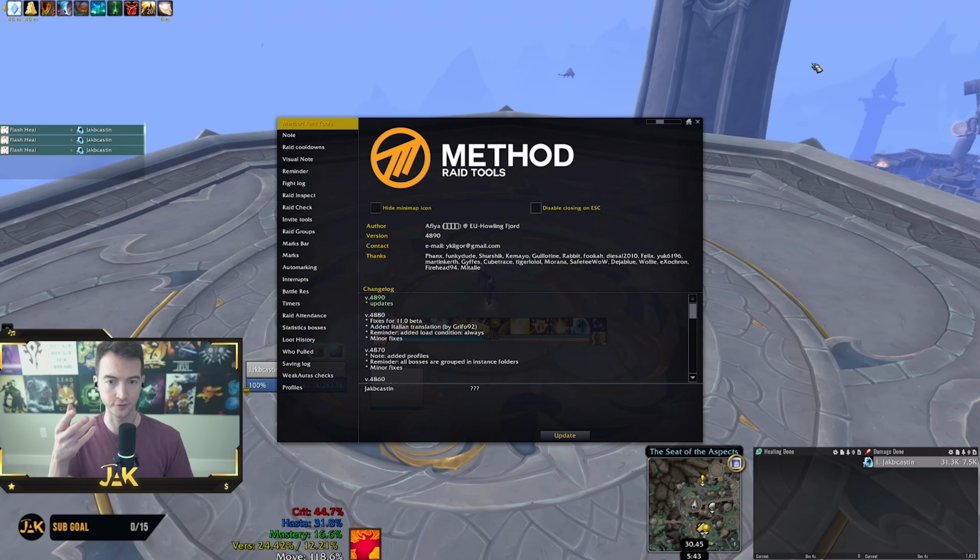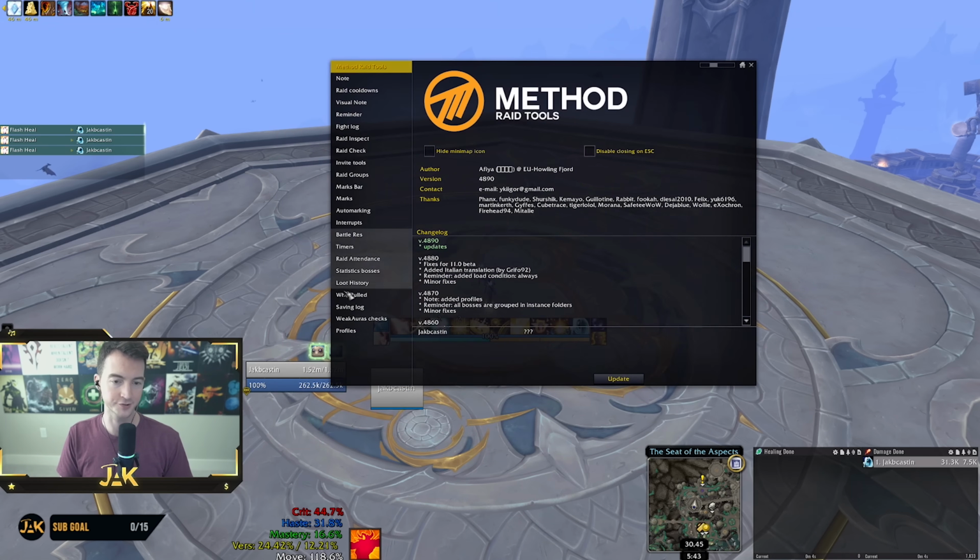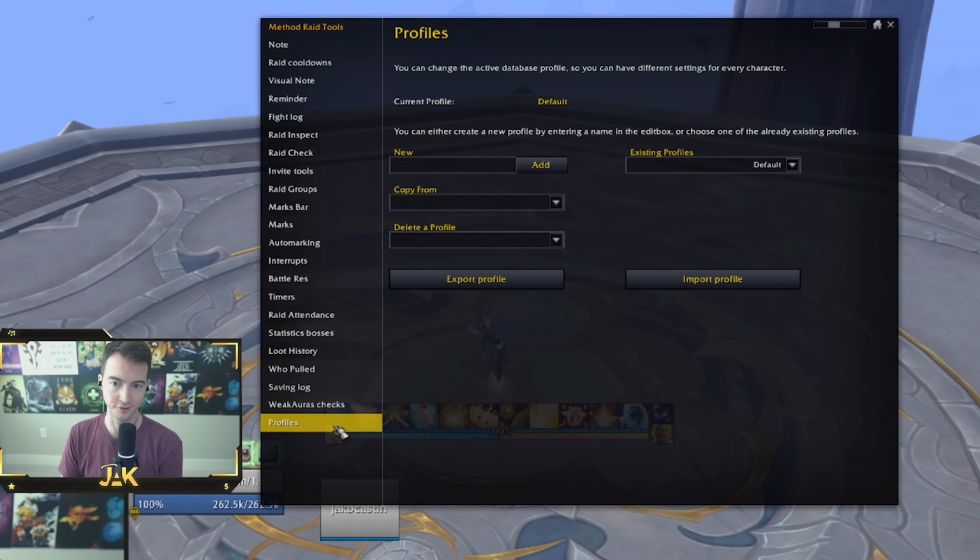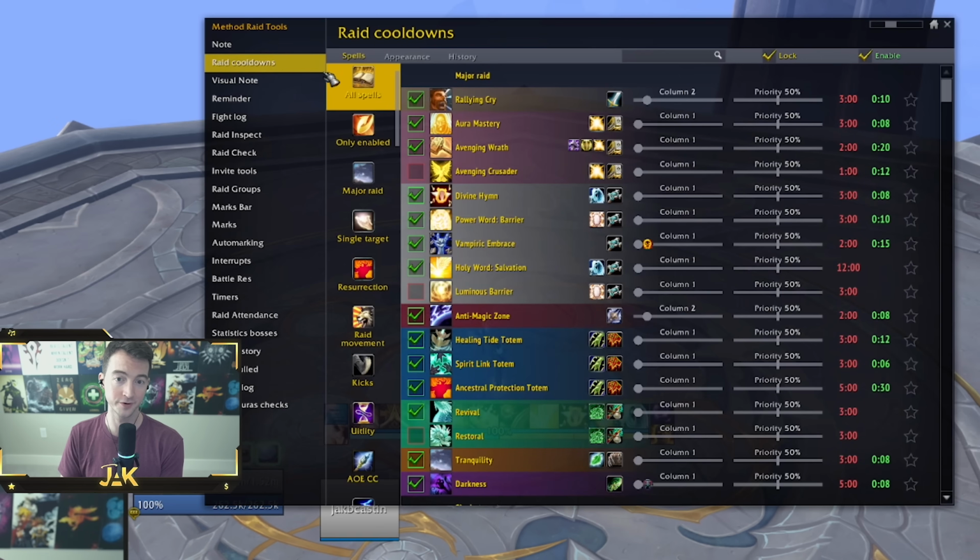I have a few other profiles. One of them is going to be for Method Raid Tools. This one again is pretty straightforward, which is going down to the profile section, importing the profile as usual. The main thing that I really use this for is for the raid cooldown tracking. And so what I have is 2